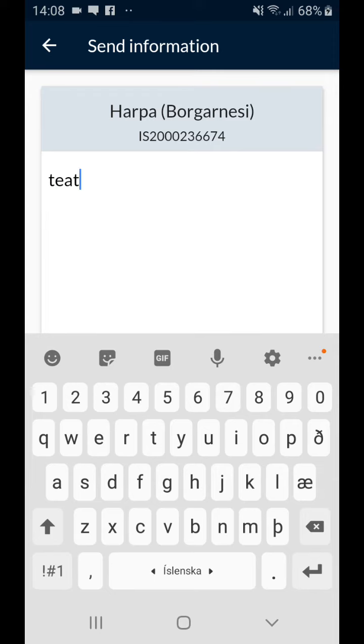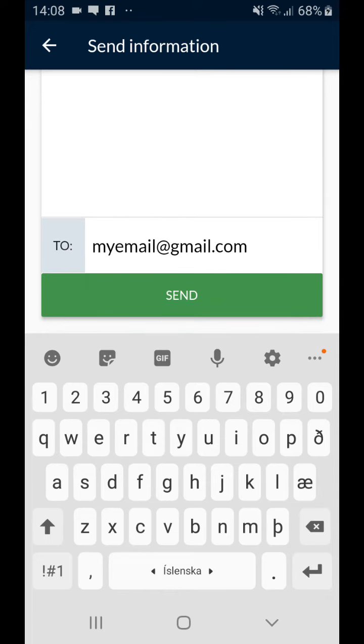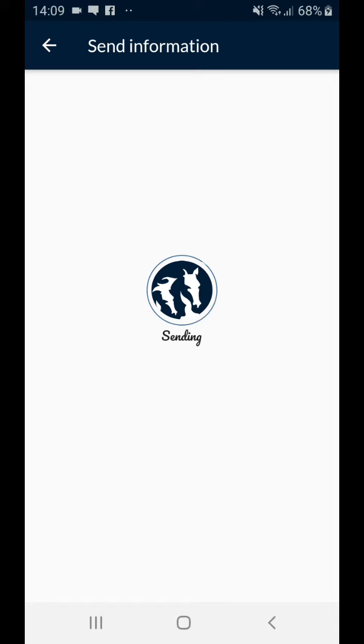I'll put test. In the To field I put the address of the destination that I want to send the message to. For the moment it's a fake email for the purpose of the screencast, and I'm going to send it and show you how it works.